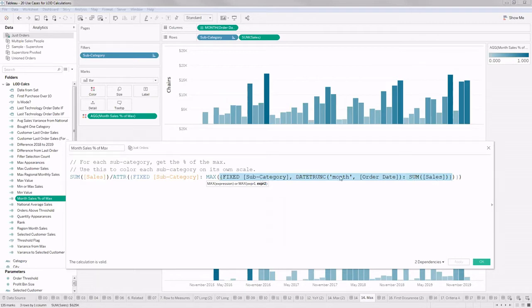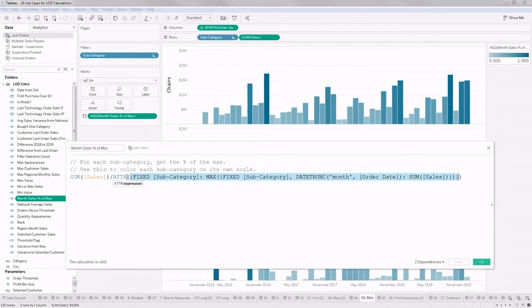So it's basically a table for each subcategory at every month level, giving me aggregated sales, and I'm taking the maximum of that. So for each subcategory, the result is the maximum sales that occurred in any month.